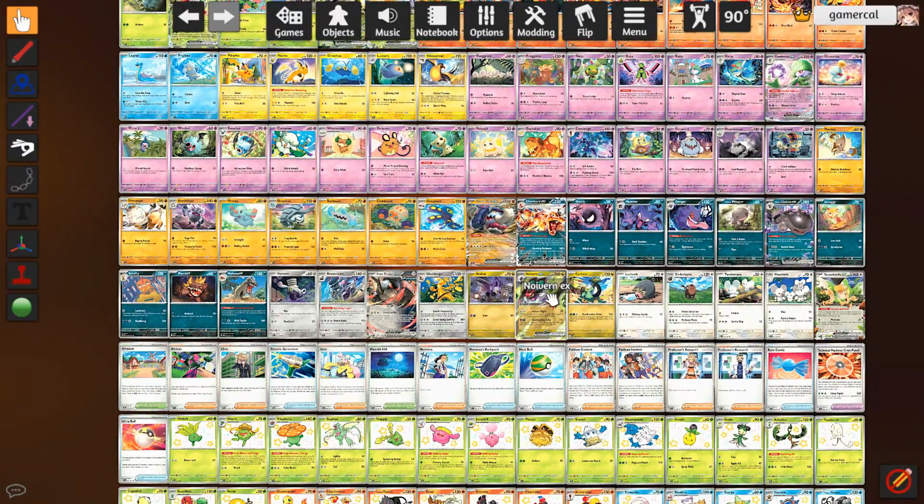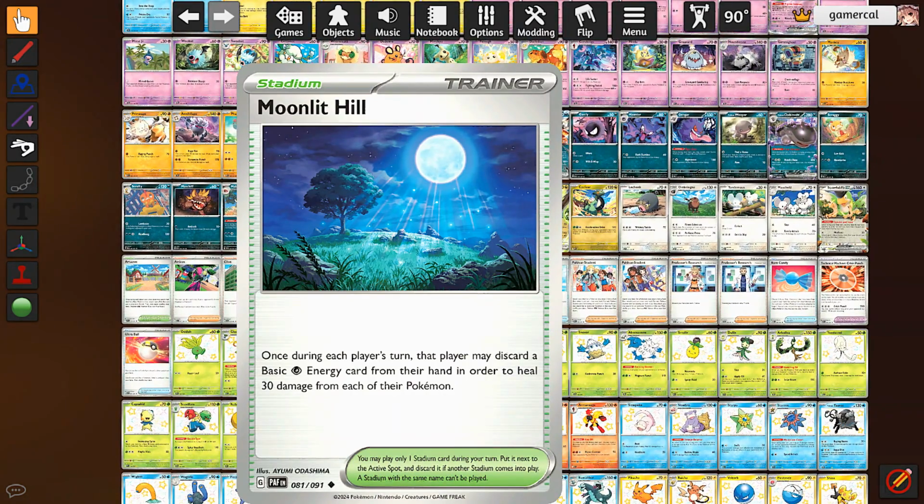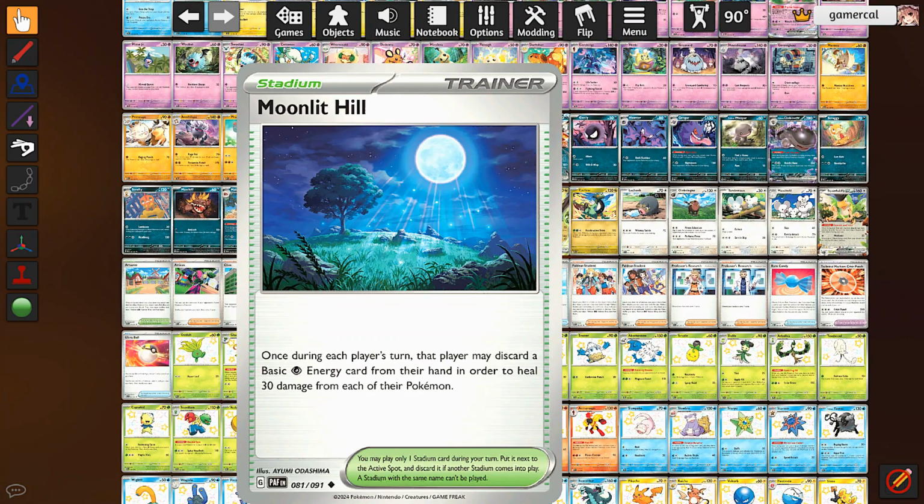Yeah, there's like one card in here that's kind of noteworthy, which is the Moonlit Hill. This was supposed to be out like 5 months ago or something, looking at the Japanese stuff. I think it might have been like a gym or a league promo type thing in Japan, or something along those sorts of lines, where it just never managed to be included in any of the sets over here. Genuinely, it was meant to be around the Paldea Evolved sort of time, so it's kind of unfortunate that